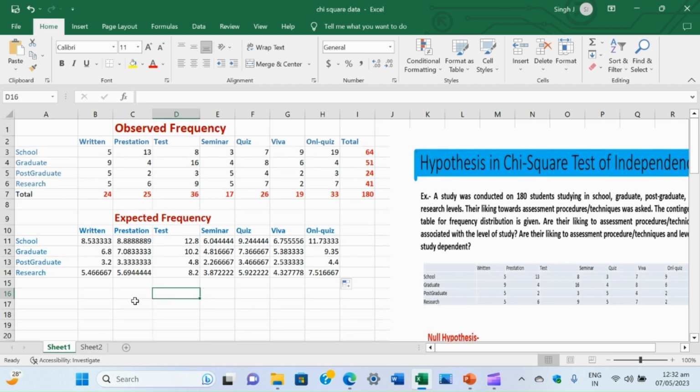Now, we want to check the value of p, at which we will check whether it is significant or not. If the p value is less than 0.05, then it will be significant, otherwise it will not be significant. For finding the p value, we click equal, and for this